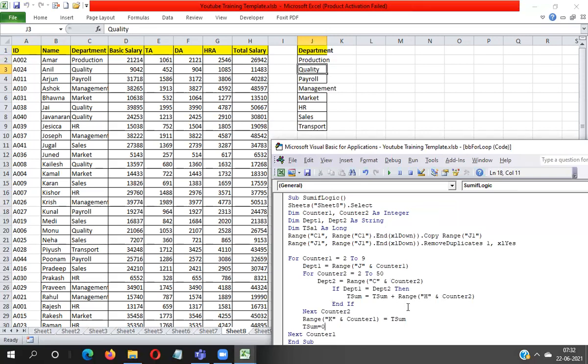Now I'm running this. You can see here I'm taking first department output. You can see, so this is the output. You can see in T sum, T sum output is this one salary. So it will place. You can see here I'm taking second department output. You can see here. Now I'm removing the breakpoint, press F9, then run it. You can see here output.